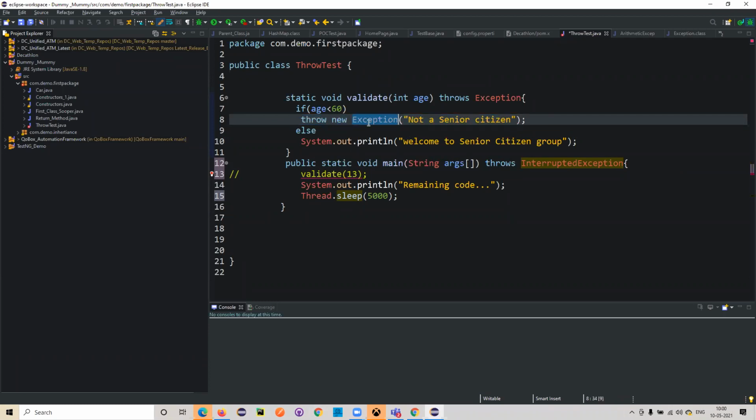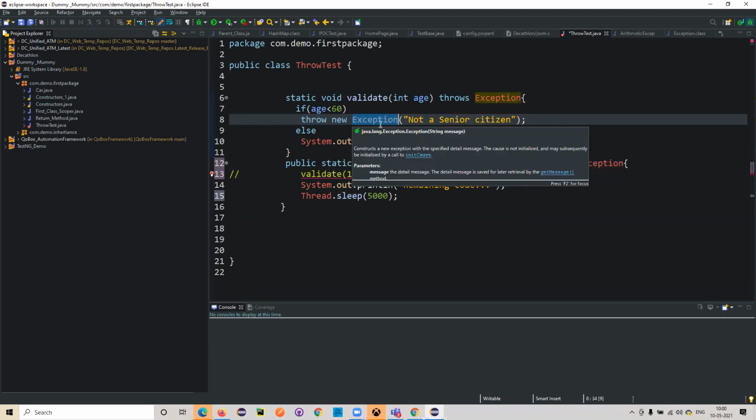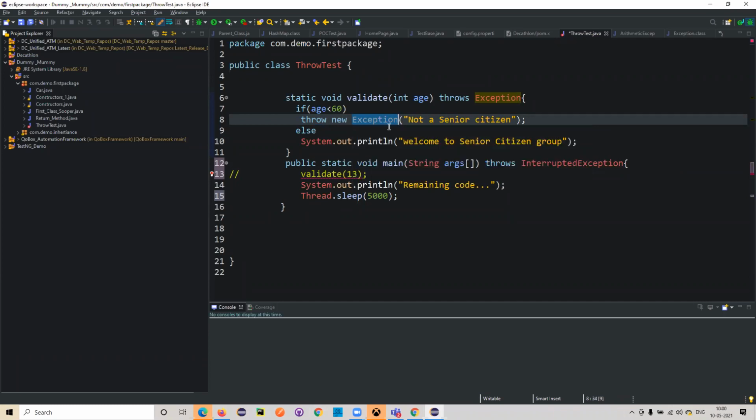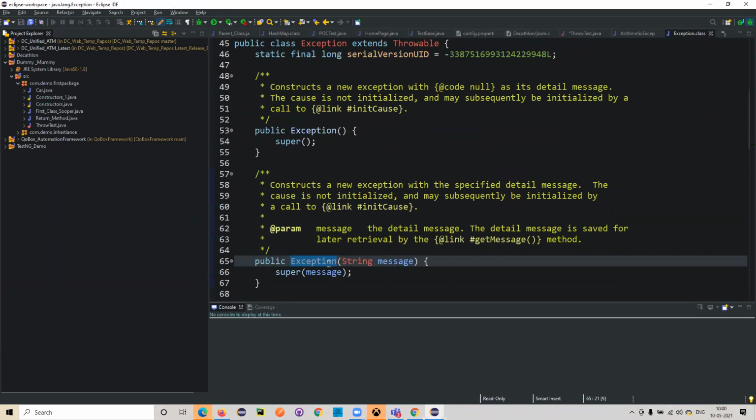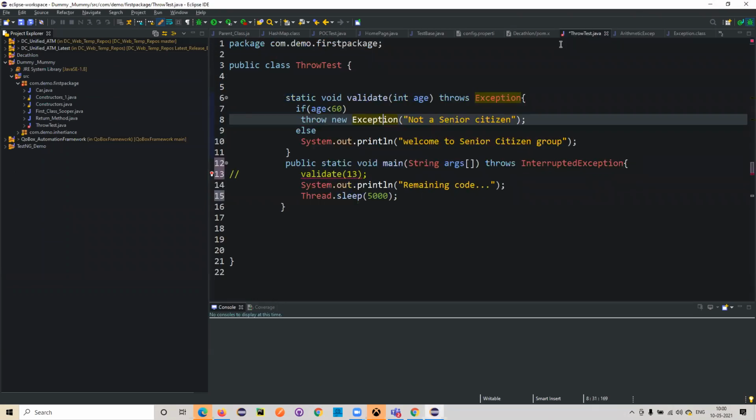The instance of the exception means we call the constructor with new. The exception class has constructors, and we are trying to create an object reference for that particular exception, and then we can pass a customized error into this exception. This is the basic syntax.